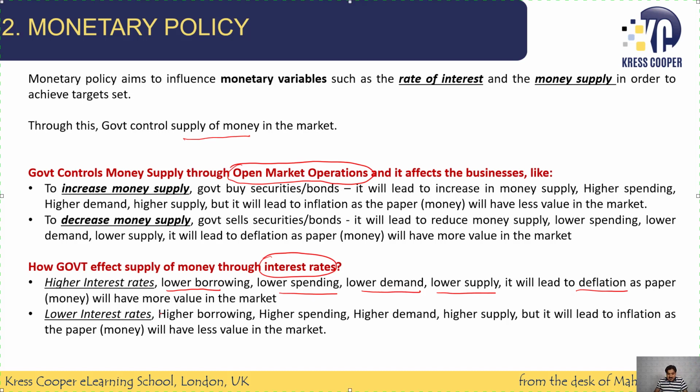Lower interest rate means higher borrowing, higher spending, higher demand, higher supply. Again, it will lead to inflation because the importance of the piece of paper will come down due to the lot of supply of money in the market. So ultimately, open market operations or changes in the interest rate will have an impact on the supply of money. Supply of money will have an impact on the production, growth, employment,